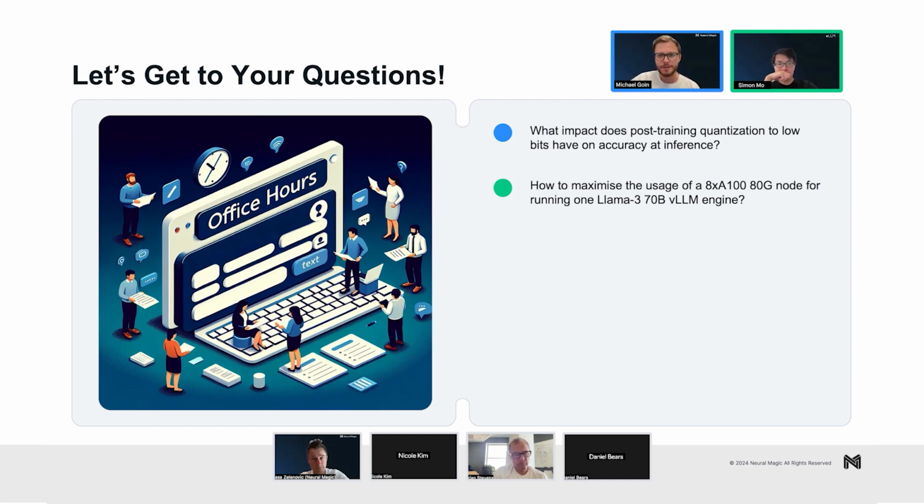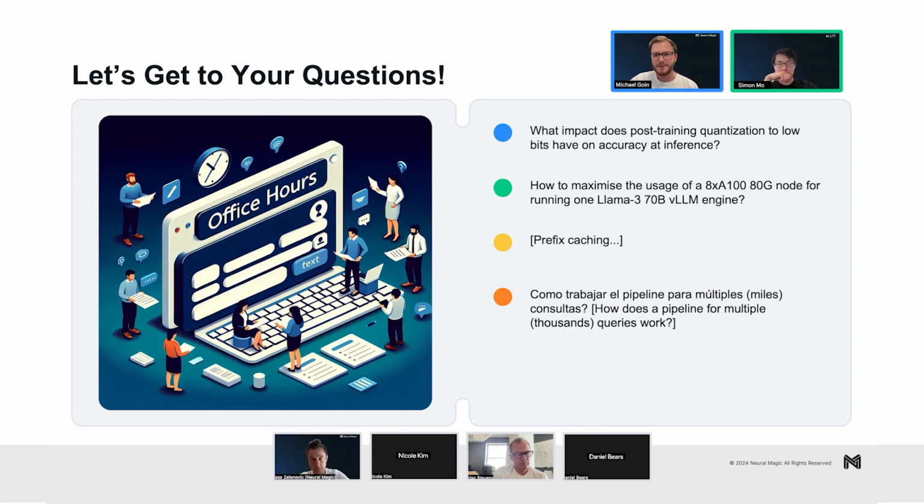Back to this. Okay, there was a Spanish question. I'm not going to pronounce it because I can't speak Spanish well. But how does a pipeline for multiple thousands of queries work? Also a pretty general question, but definitely we could say, like in the case of offline batching, so using the